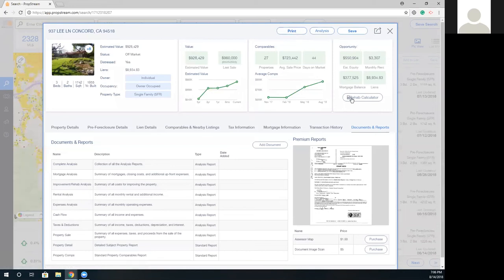All right. Now, the last 3 things on every property detail that we give you is the print button, the analysis, and Rehab Calculator. So let's begin with print. What the print button does is it gives you a CMA report. So this is not, oh, we're just going to hit print and you print what you see on the screen. We're actually going to give you a very beautiful report you can use to your advantage.